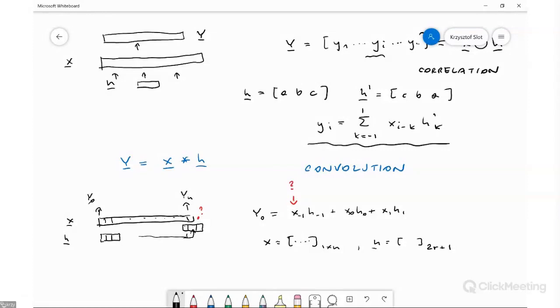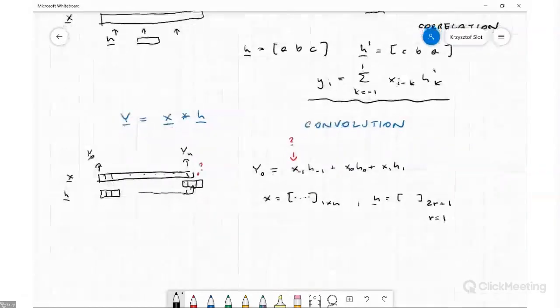So it is very often the size is encoded using such an expression. If this lowercase r is 1, that means it has 3 elements. If r is 2, it has 5 elements. So if I have this particular input and filter, then I can easily conclude